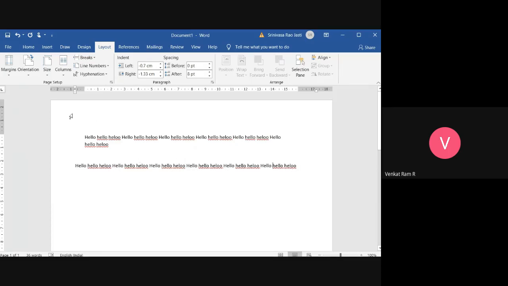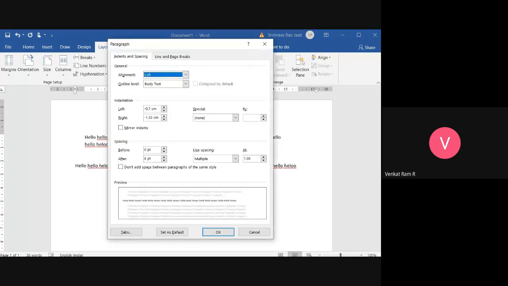If you want to start from the margin, then you have to give the negative value, both in left indent and right indent. So go to layout tab, click on paragraph group, and choose this in indentation. In indentation, in left and right, just check it. And if you want first line or hanging, whatever you want to use, you can select it.